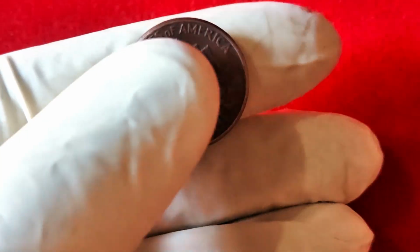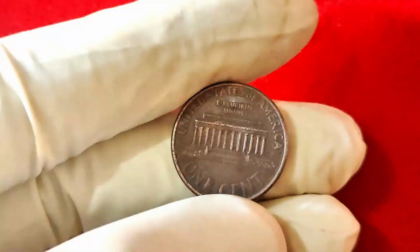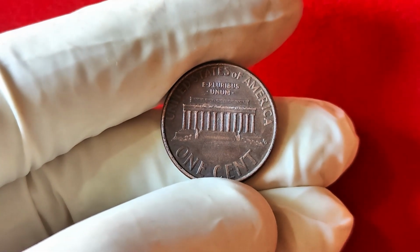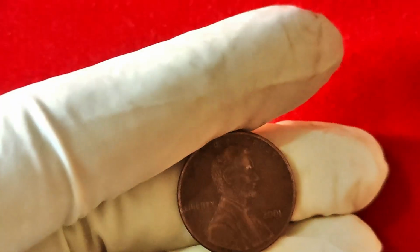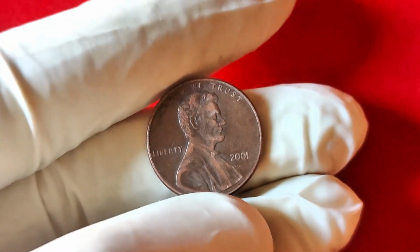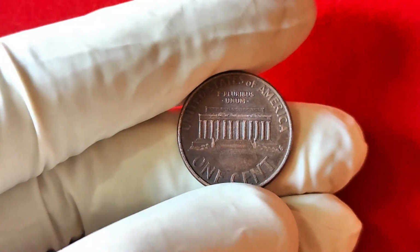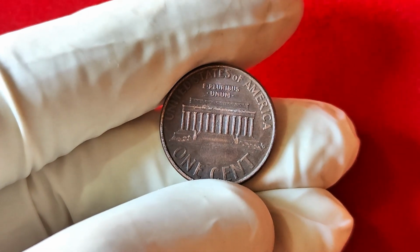The 2001 no mint mark penny is rare, but it's not the only factor that determines its value. You've got to know what to look for and how to grade it properly. Because if you find one, and it's in poor condition, you might be looking at a coin worth only a few dollars, rather than the millions we're talking about. Coins are graded on a scale from poor to mint state, and the better condition your penny is in, the more it's worth. A high-quality, well-preserved 2001 no mint mark penny could be worth up to $3.1 million, but one